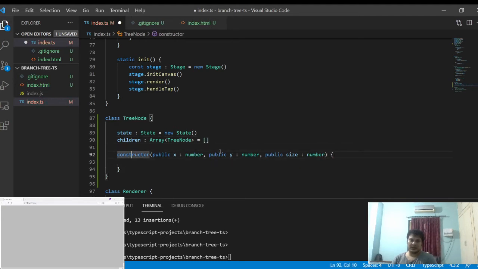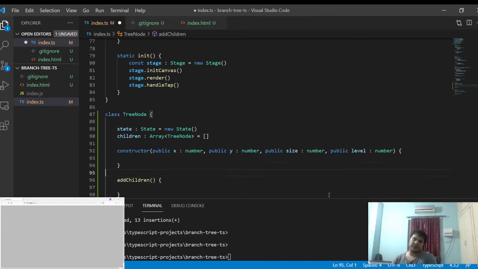How we are going to populate also depends upon another variable called label. It will be like the tree has say four labels. The first one will be zero, the second one will be one, the third one will be two, fourth one will be three. Okay, so I'm going to populate the children in this method. So in the constructor, I'm just going to call this method add children.